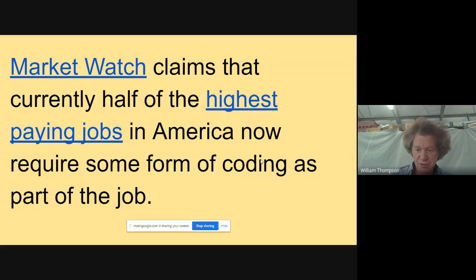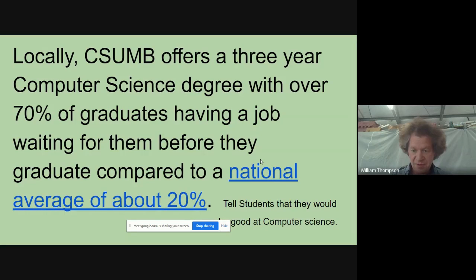So my goal is that more students will be exposed to coding, so someday if they have a job interview and the interviewer asks them if they can do some coding as part of the job, they'll say yes because they will have been exposed to it. Locally, our computer science graduates have about a 70% placement rate. Those are jobs waiting for them when they graduate, which is much higher than the national average for other courses of study.